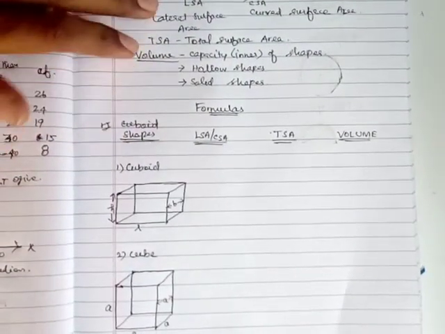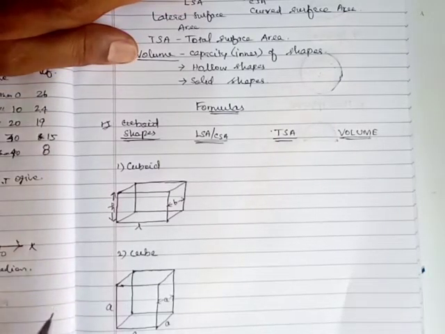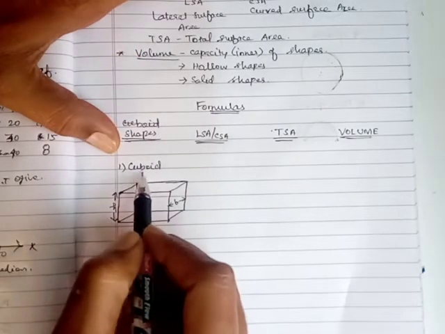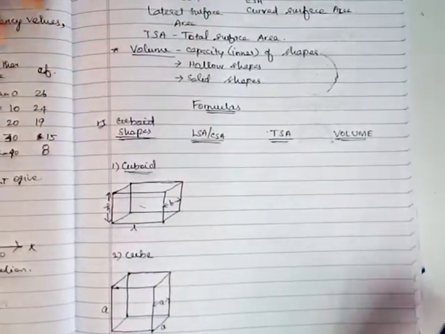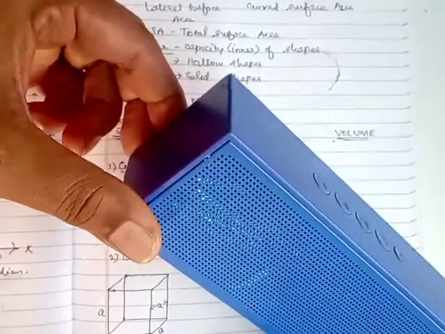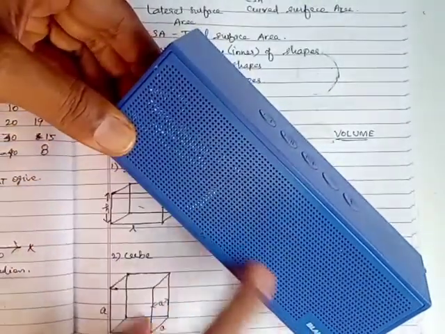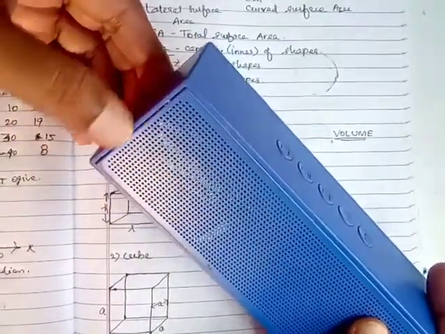So you don't have to memorize the formulas, right? Already we know the formulas for 2D shapes, for example rectangle, triangle, circles. From that we can derive the formulas for these 3D shapes. First we take the cuboid. What is a cuboid? A cuboid is a shape which has different length, breadth and height. This is length, this is breadth and this is height. Now we see